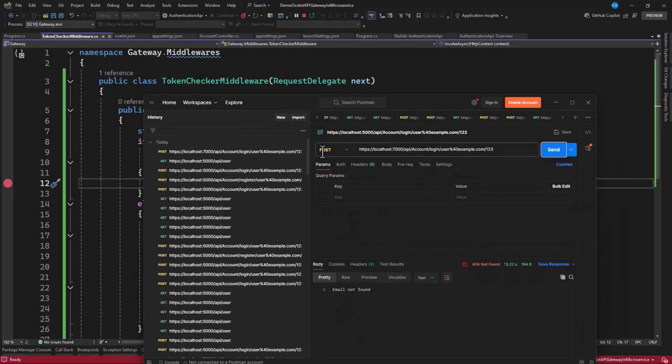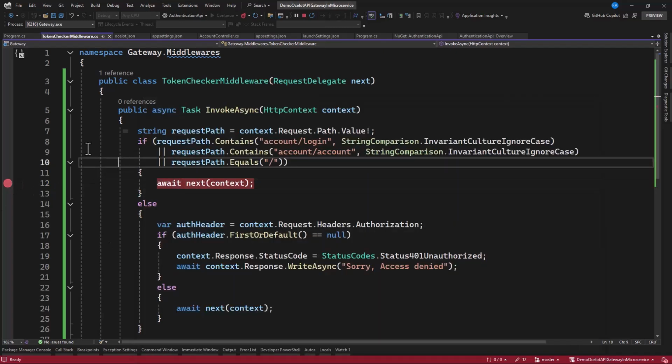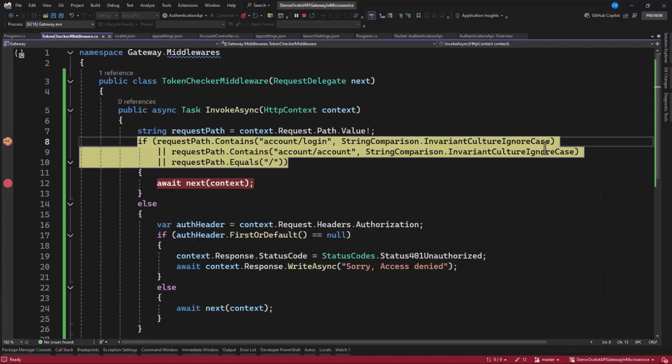Now let's change this to register, and I'll click on send. Okay, sorry, access denied. This is register, this is POST. Click on send. Access denied. Let's put a breakpoint. Now let's send. Okay, so I want to check the path.